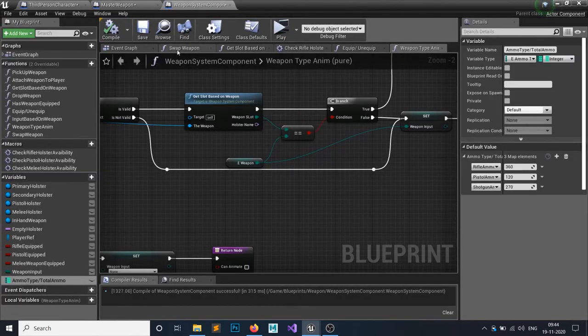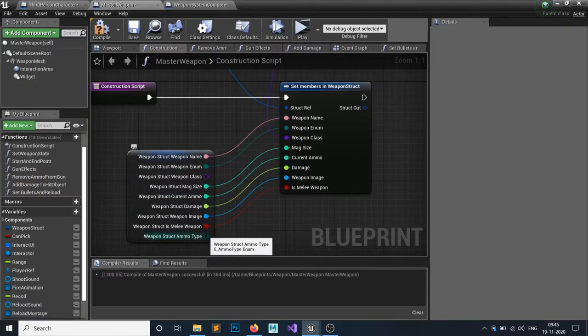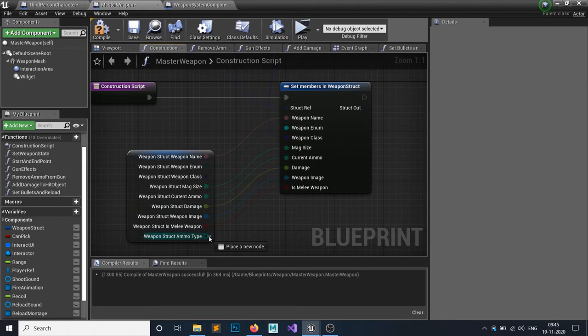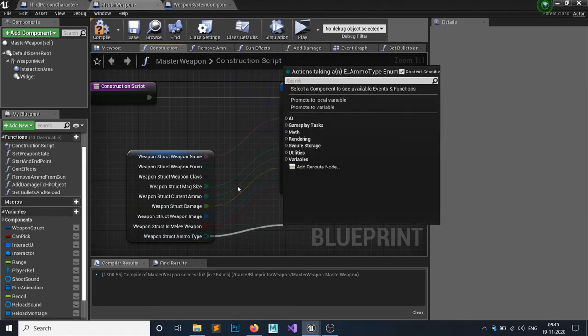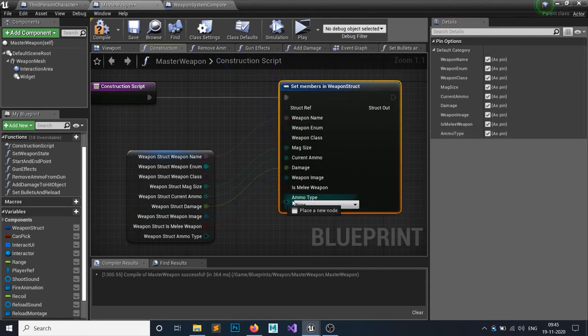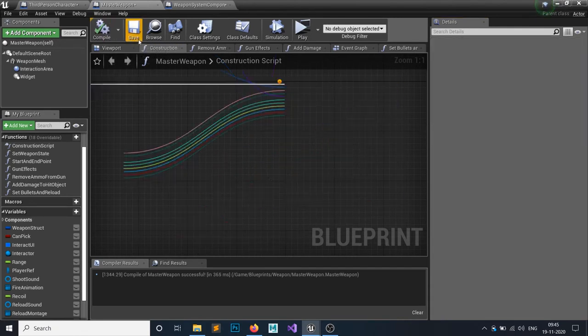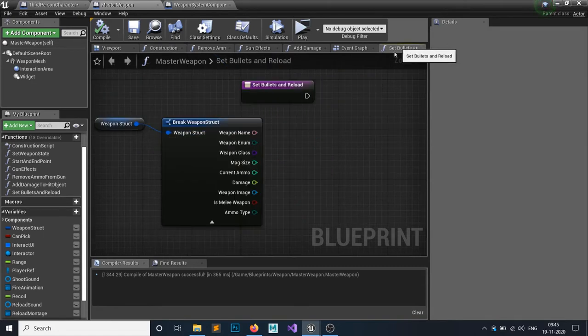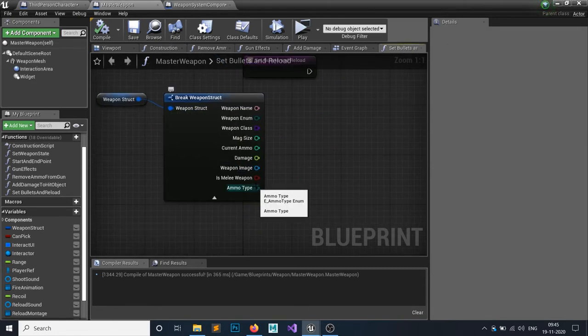Okay, hit compile, and where it is, yes, E weapon ammo, so I need to set it in here. Click on this and add it as a spin, yes, hit compile, save. Okay, now I have that ammo type, right?